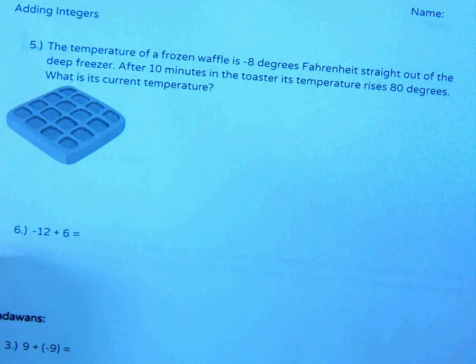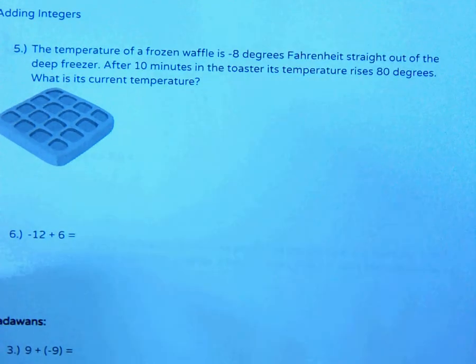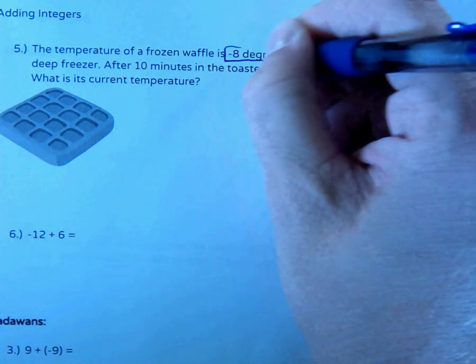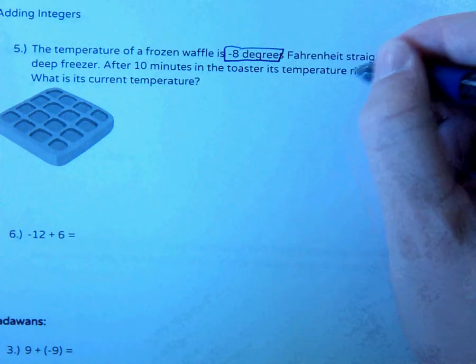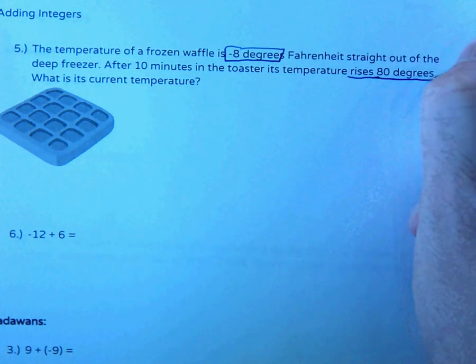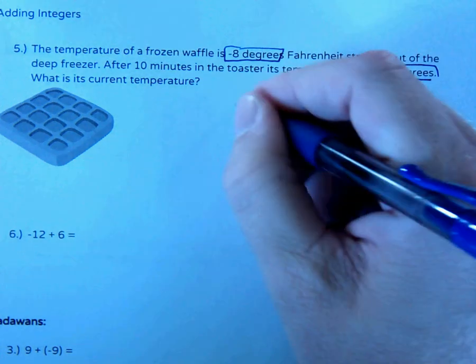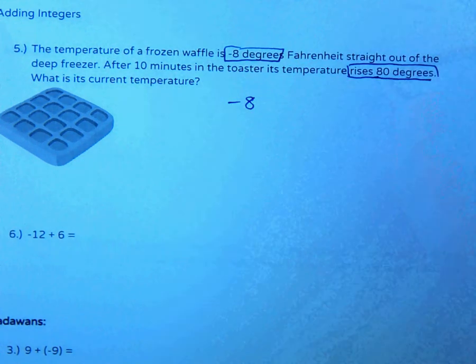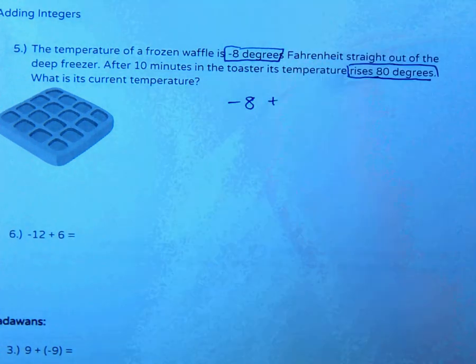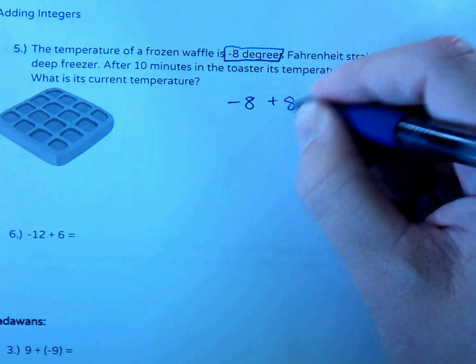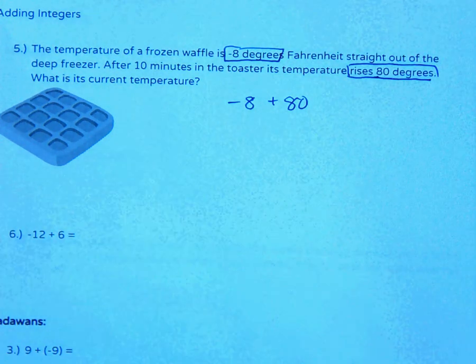Here, if I have a waffle, the temperature of a frozen waffle is negative 8 degrees Fahrenheit straight out of the deep freezer. After 10 minutes in the toaster, its temperature rises 80 degrees. What's the current temperature? So it was negative 8 degrees. It rises 80 degrees. So we start with negative 8. Rise means that it's going up, so that's a positive, plus 80. So negative 8 plus 80,